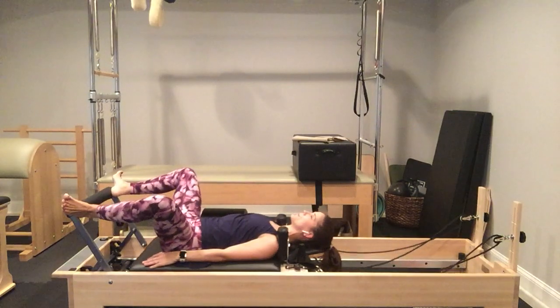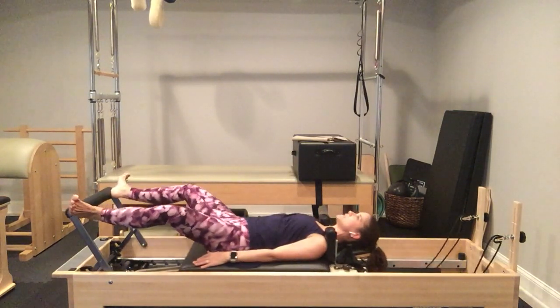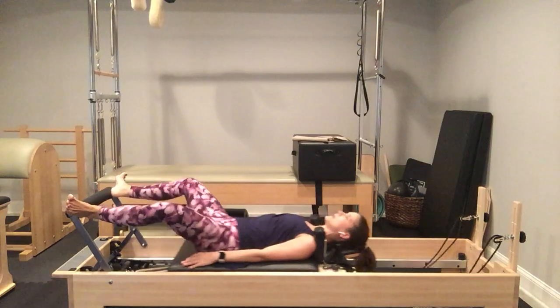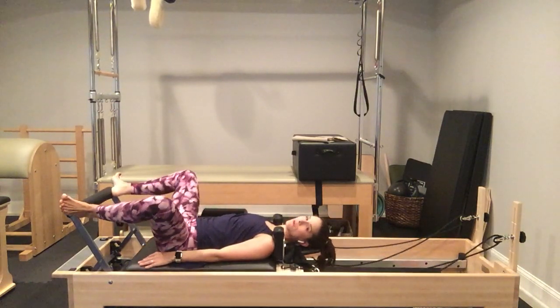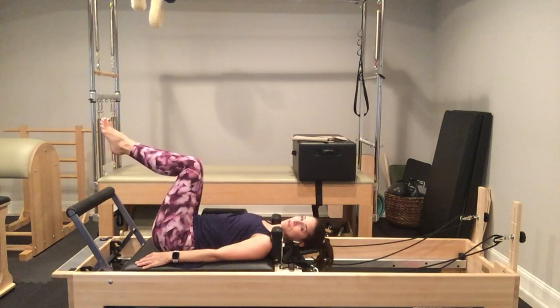4, 5, 6, 8, 9, and 10. From there, I'm going to release my heels off of the footwork, float my feet up to tabletop